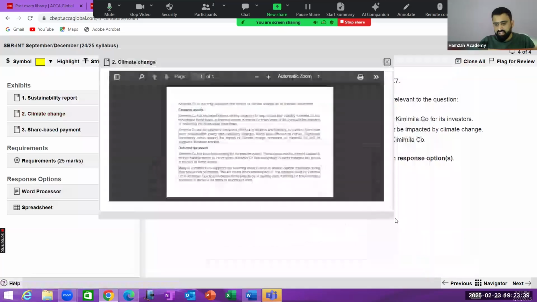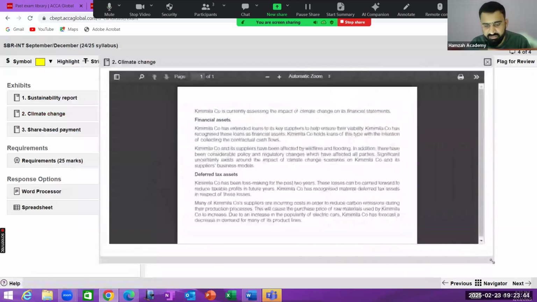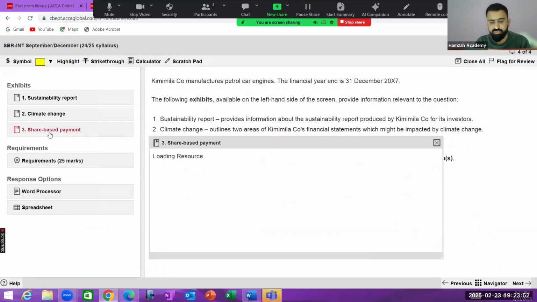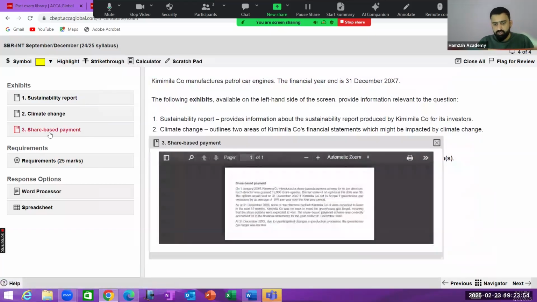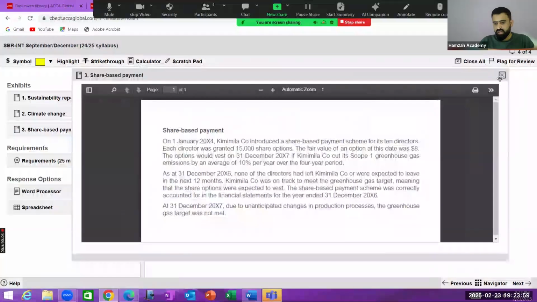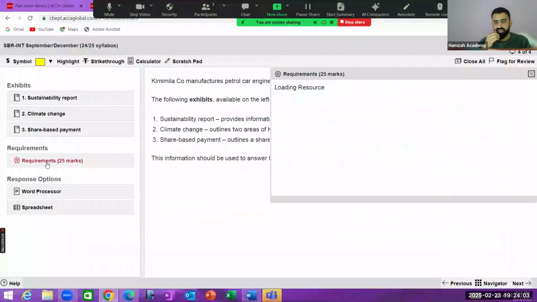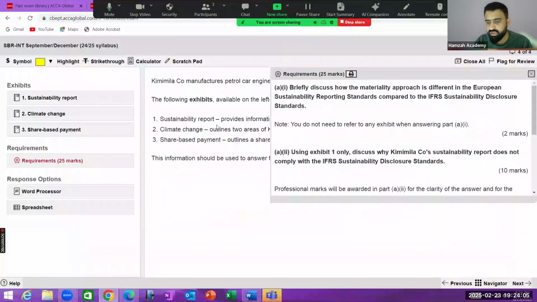And in this climate change, he is integrating the financial assets and deferred tax asset. Then we have a share-based payment, IFRS 2, and each exhibit has a unique requirement